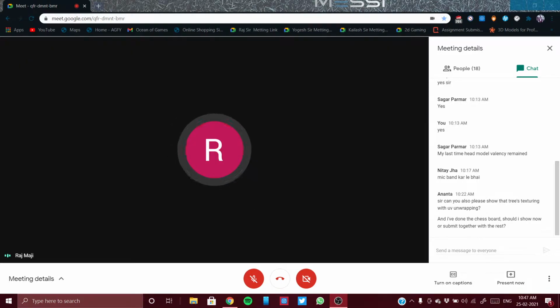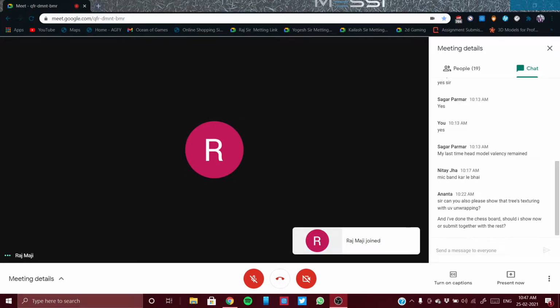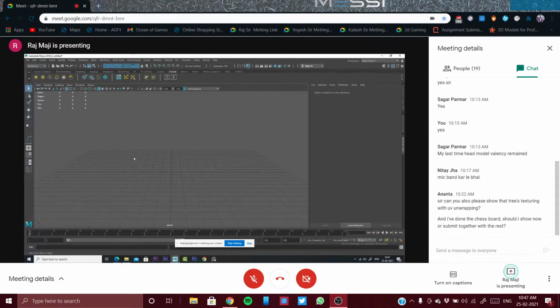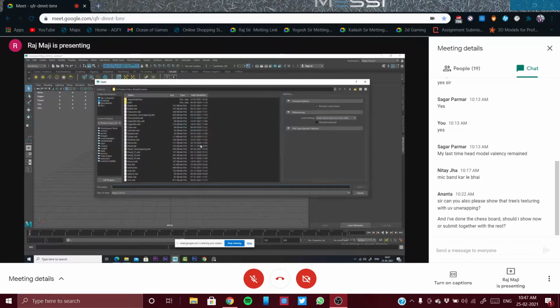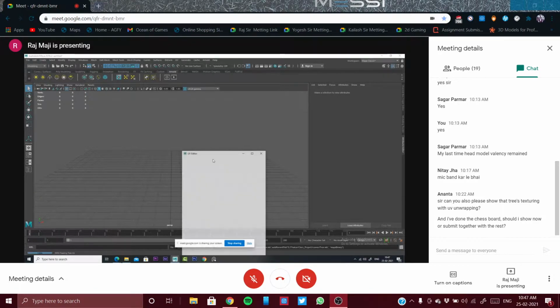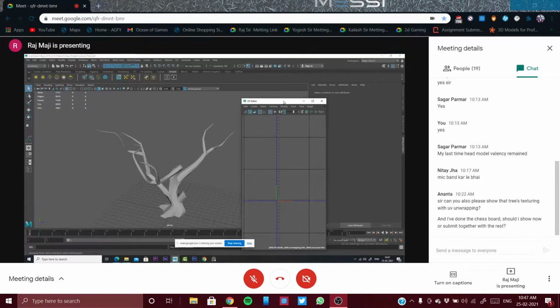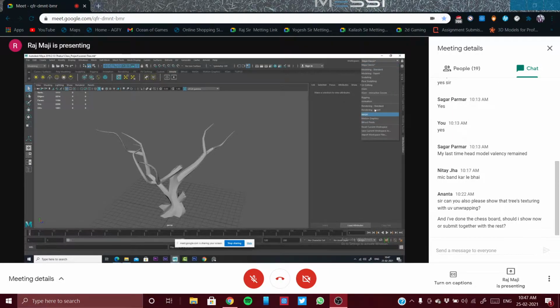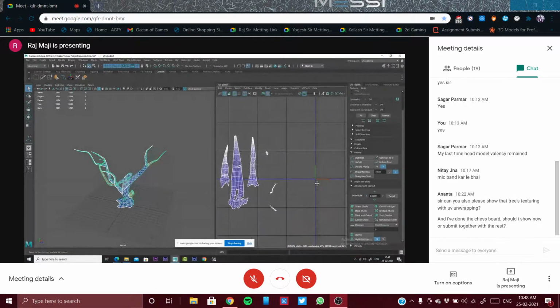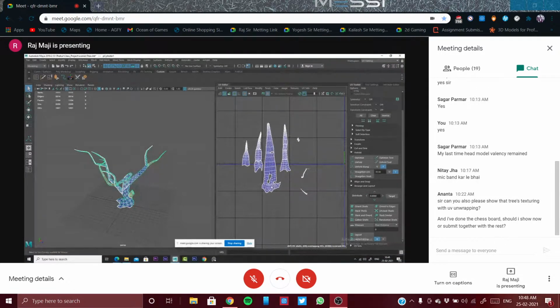Ananta, you are asking especially about the unwrapping part of the tree, right? Yes, sir. Okay, so this was the tree we created, and some of the branches we already unwrapped.